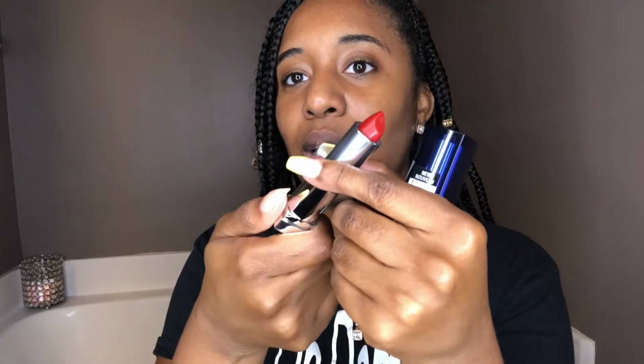I'm trying to jazz it up a little bit, start doing a little different stuff with the lips. This is by Maybelline. These are by Maybelline. It's a cute little tube. It's in little red, little blue, but it ain't blue for real. But you know, anyway, this is by Maybelline. This color is Rich Ruby. Little Rich Ruby. Ooh,